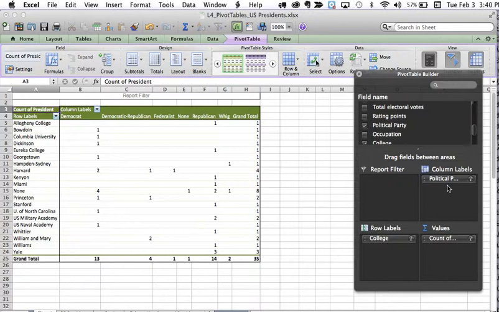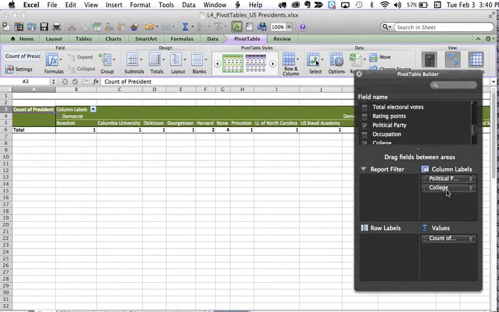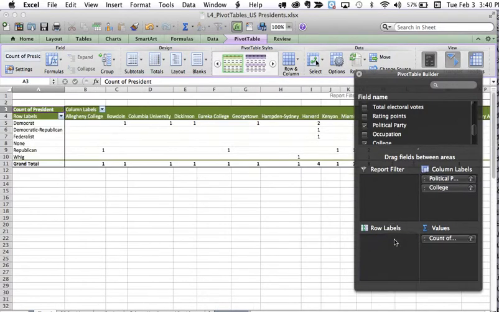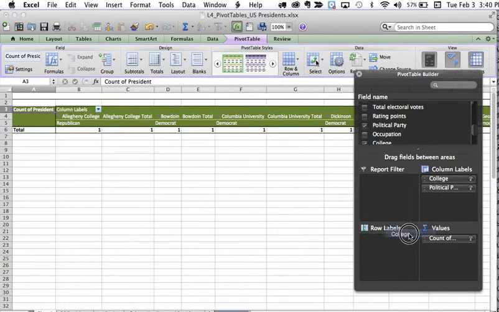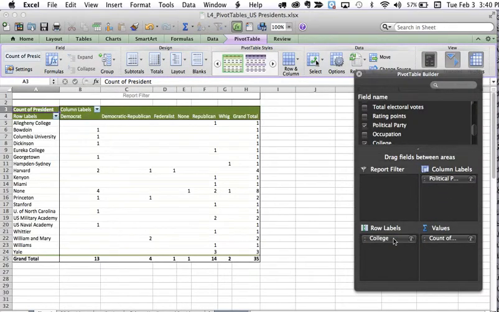Now it analyzes in the column labels, it puts the 5 or 6 parties there, it gives me a grand total, and it totals the stuff on the bottom. Obviously, as I said before, I could switch that and that. Again, not as pretty or not as functional. This is probably the best